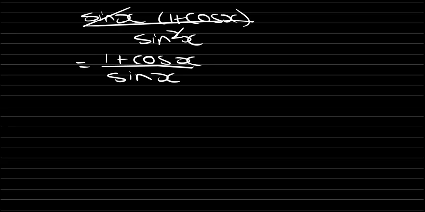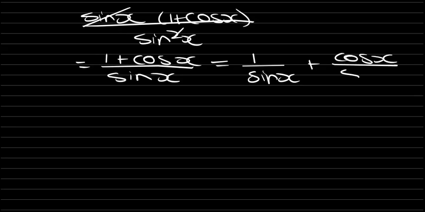So what we're going to do here is that we are going to say 1 over sine x plus cos x over sine x. We're going to break up this fraction into something like this, and now we have our answer, because 1 over sine x is simply cosec x,